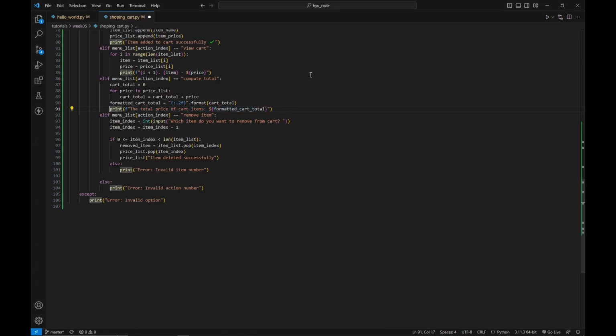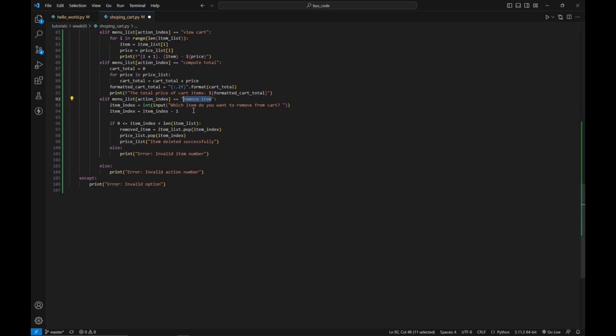So that's that for computing the total. But if the action index is remove item, maybe the user wants to remove something in the cart. The way we do that is to ask for the number of the item they want to remove. Then as usual, we need to